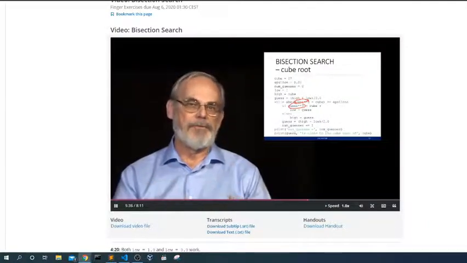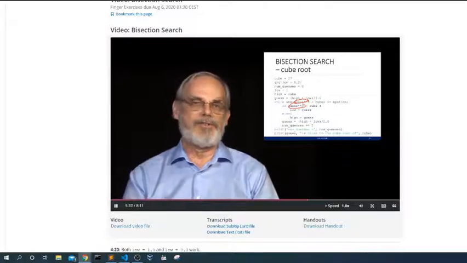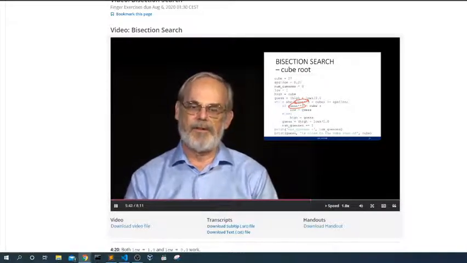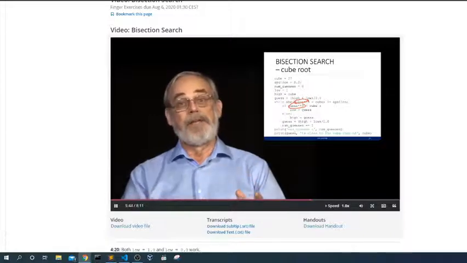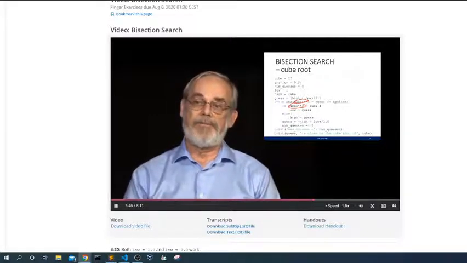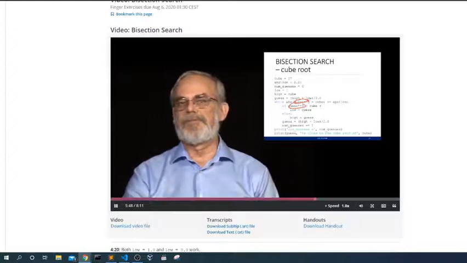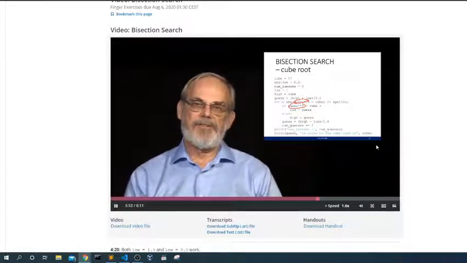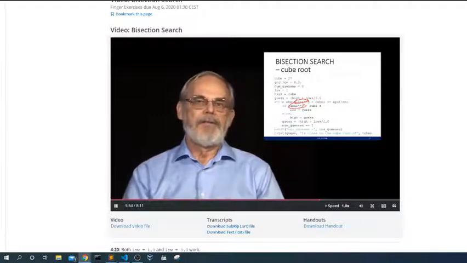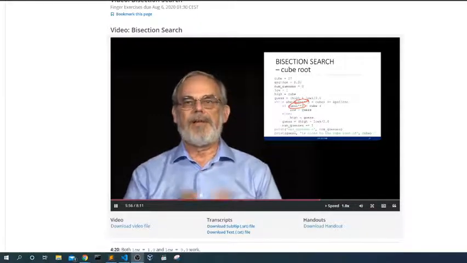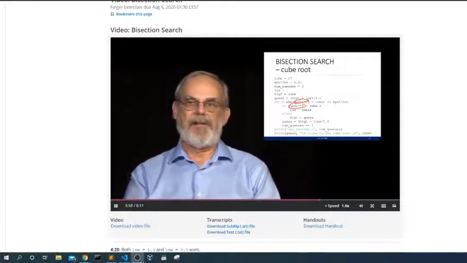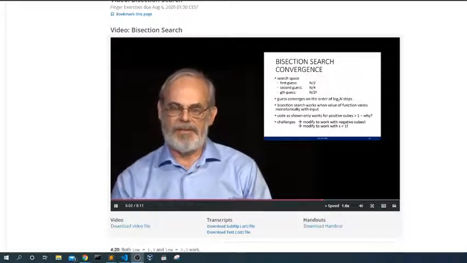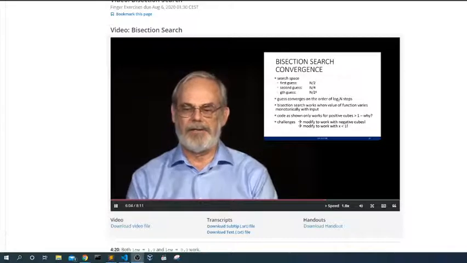This is a powerful tool. That idea of bisection search, throwing away half the possible values at every stage, lets me very quickly zero in. As before, I can ask, well, can I do everything? This is only going to work for numbers bigger than 1. What about fractions? Well, I know with fractions between 0 and 1, the difference is that the root doesn't lie between the number and x itself, but lies between 0 and that number. But that's an easy change, and we could actually think about making that change.